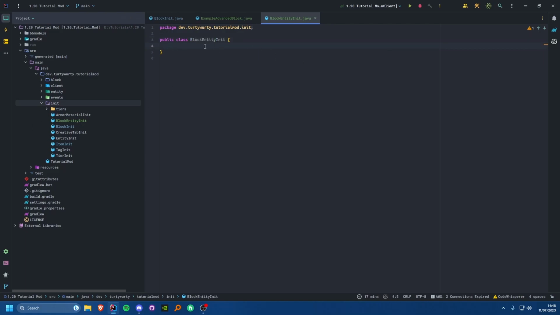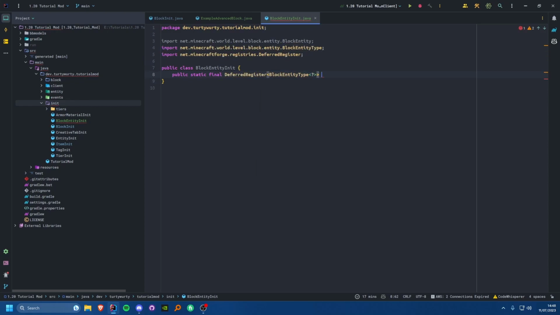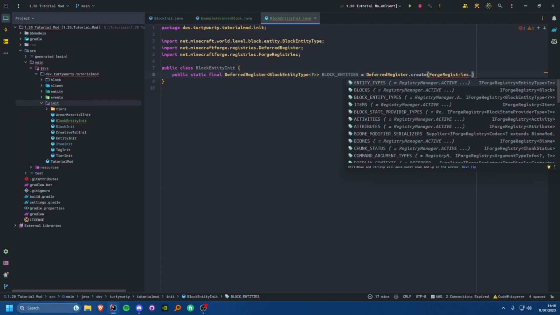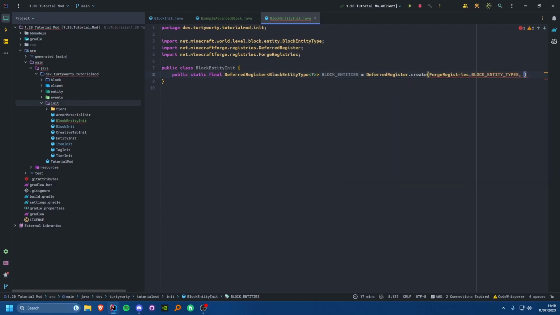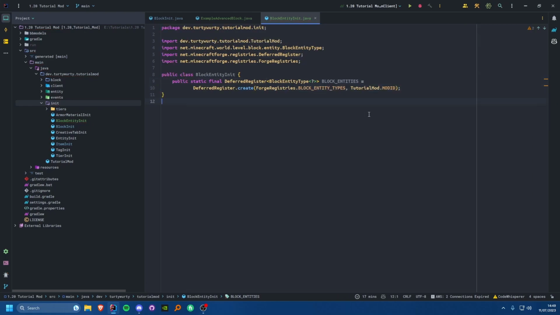We'll just go without the type, and then we'll go public static final DeferredRegister, and this will be of type BlockEntityType, and that'll just be wildcard, and you can call this BLOCK_ENTITIES is equal DeferredRegister.create ForgeRegistries.BLOCK_ENTITY_TYPES, and then just your mod ID, so TutorialMod.MOD_ID, and we can put that on a new line just to keep it within the bounds.